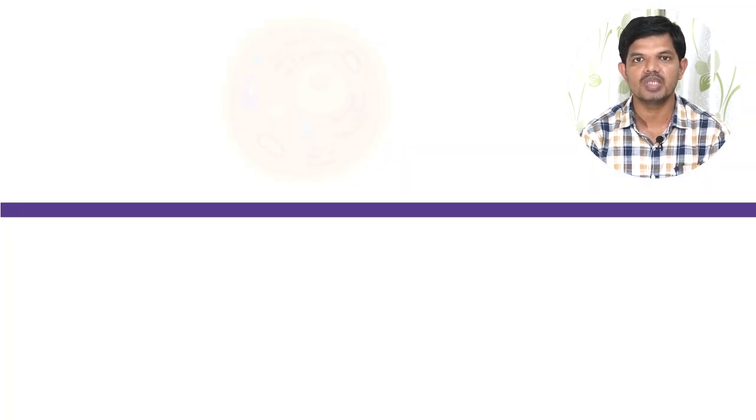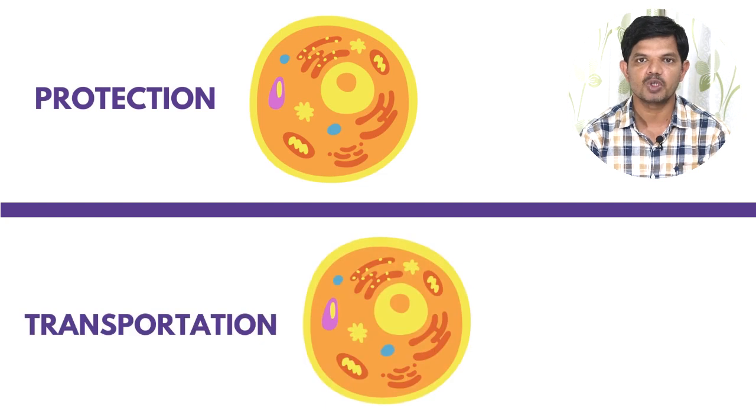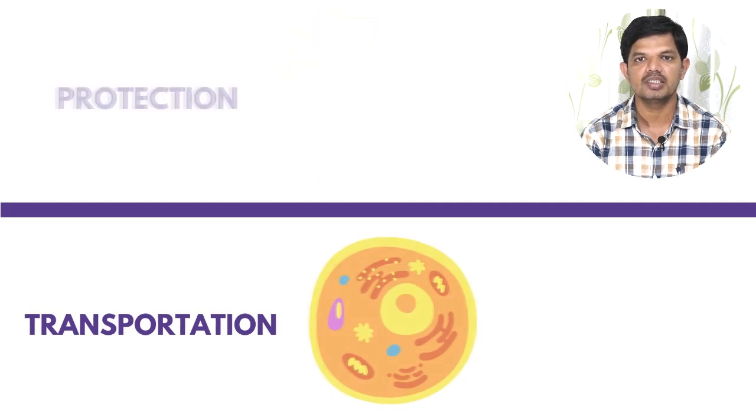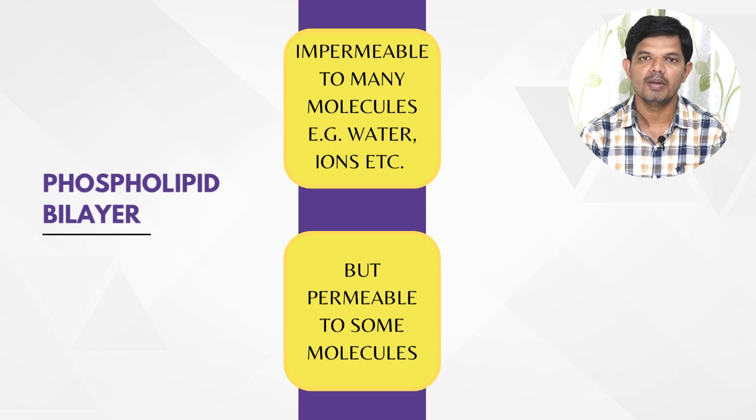So friends, as we know, every cell has a phospholipid bilayer, which is also known as the plasma membrane. It not only protects the cell organelles but also carries out transportation of various molecules and ions, either with the help of proteins or without their help. The phospholipid bilayer, which is the basic structural unit of the plasma membrane, is essentially impermeable to many water-soluble molecules, ions